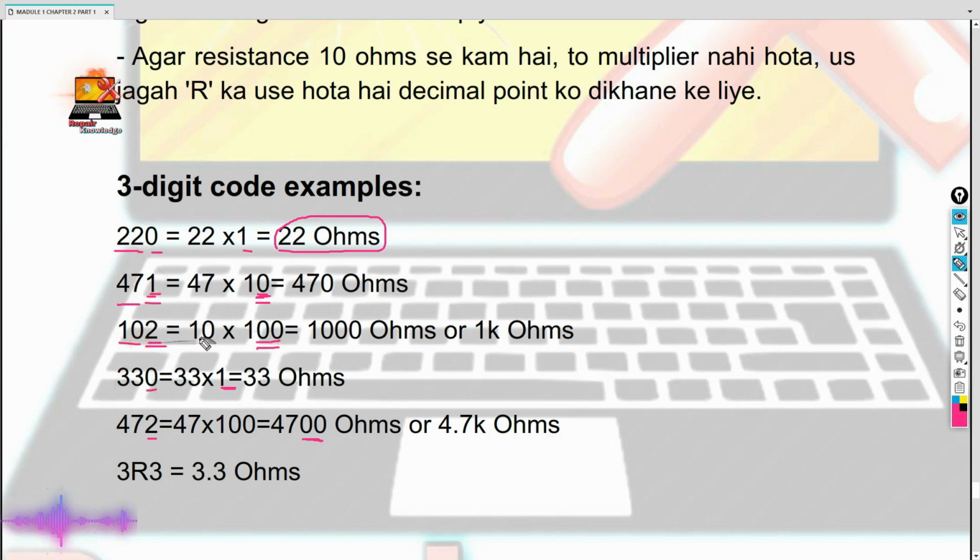Okay, let me tell you that if there is 102, then this 10 will be written here. Of this 10, there are two numbers. We will write the starting number here and multiply by the two side of this. Well, what will happen by multiplying? If we do 1000 times 10, how much will it be? 11,000 ohms, it is fine.